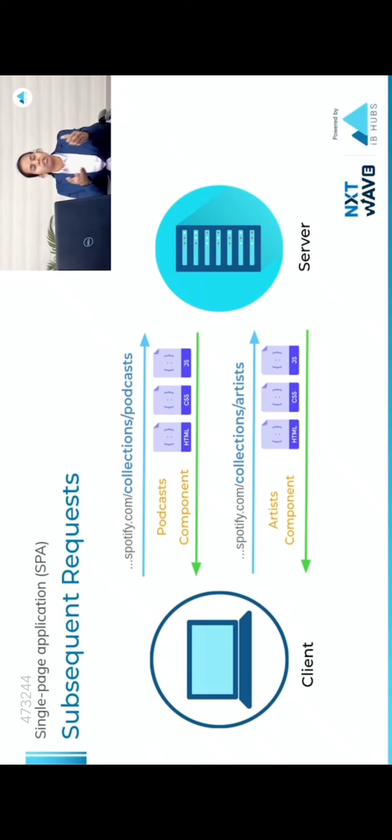Similarly, let's say we access /collection/artists. When you access in this manner, the code corresponding to the artist component will only be fetched from the server and will be displayed. So here in a single page application, as the name suggests, all the URLs will be associated with a single HTML page. That is the reason it's a single page application. For all the URLs, we have a single HTML page, and we are navigating between the different URLs. So only the additional content that's changing, only the code corresponding to that will be